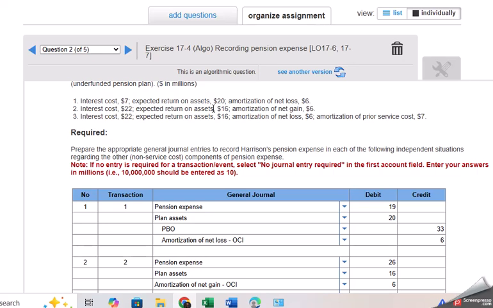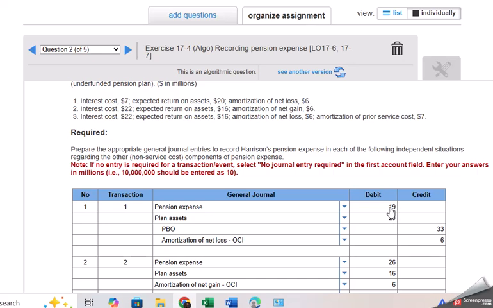Then we have an expected return on assets of 20 million, and that is going to decrease our pension expense. And then we have an amortization of that net loss. And the amortization of that net loss would also decrease our expense, right? So then when we put it all together into our journal entry,